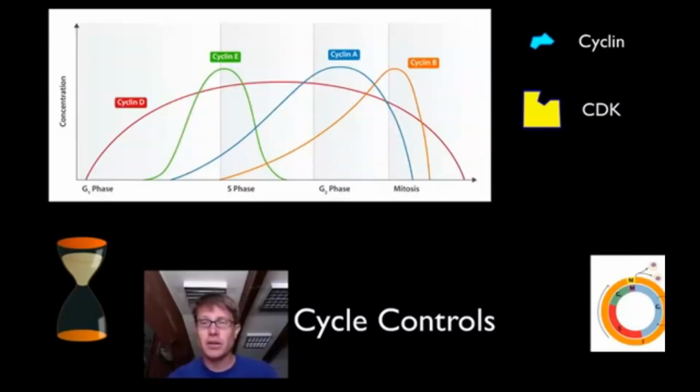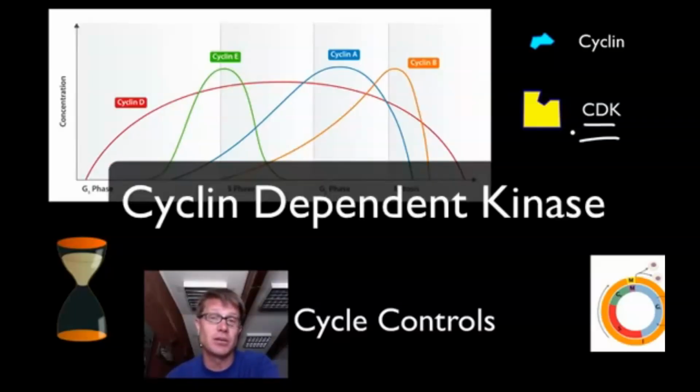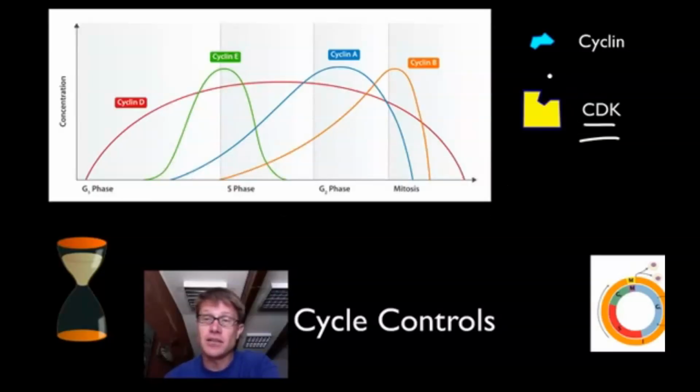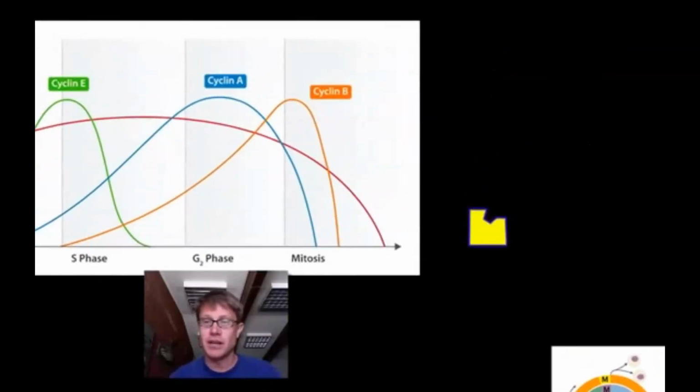Now, the other chemical that I want to talk about is something called CDK. CDK is simply a cyclin-dependent kinase, and a kinase is simply a chemical that can speed up actions within a cell. CDKs are found in all living organisms, and you can take CDKs from a yeast and put them in our cell, and they work just fine. So they show homology through evolution. And cyclin-dependent kinases, if you look at their name, are simply dependent upon cyclin. So I made a little animation of how that works.